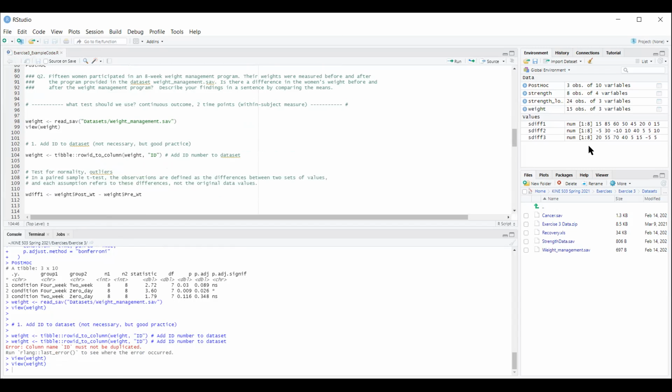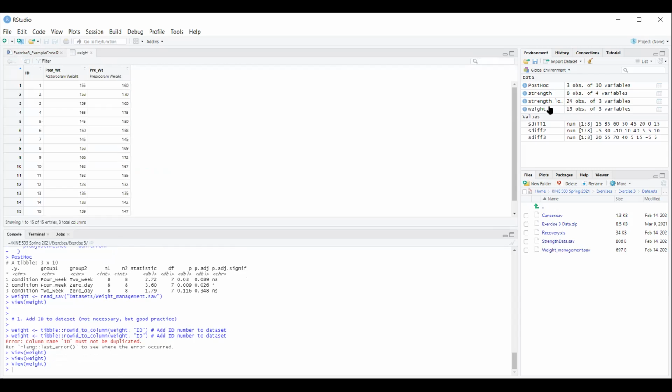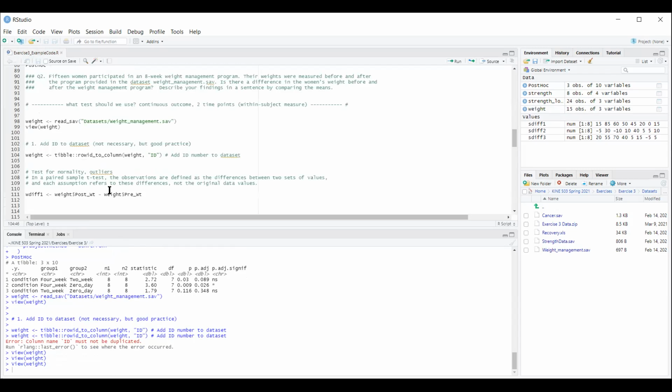Okay. So you guys should now have a data set that looks like this, where you have your ID variable, pre-program weight, and post-program weight. And the variable names for that are pre-weight and post-weight. Okay. So again, we need to test for normality and outliers, and because it's